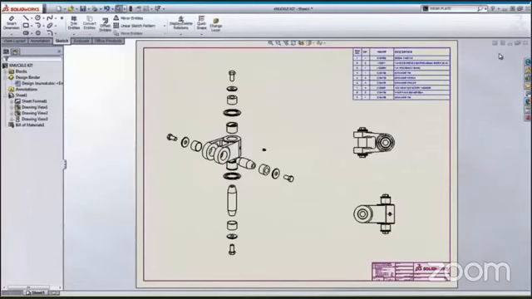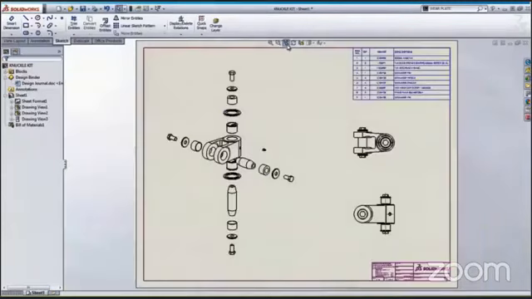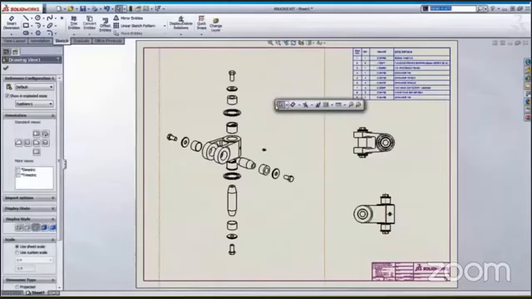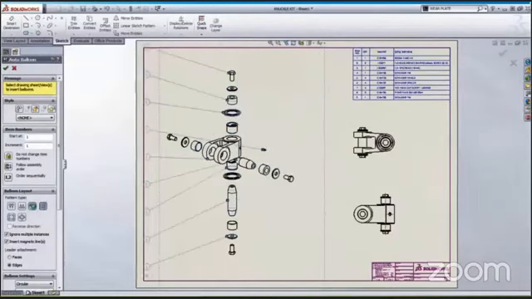With balloons, the AutoBalloon tool makes this a snap. On your screen you can see the details of all components within this assembly. We can position the balloons to our liking or choose an alternate balloon layout.